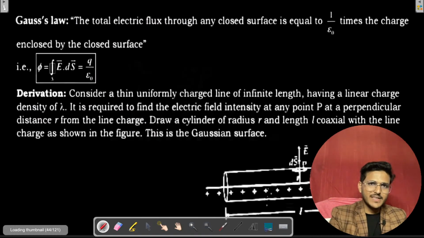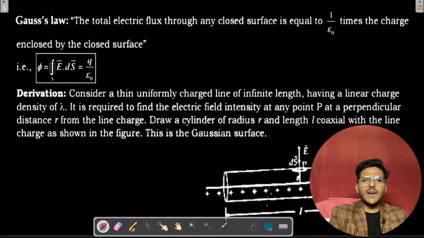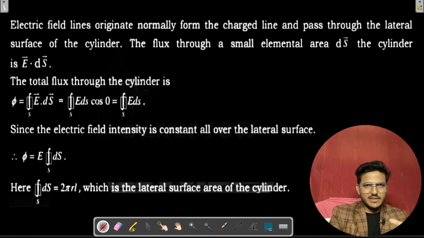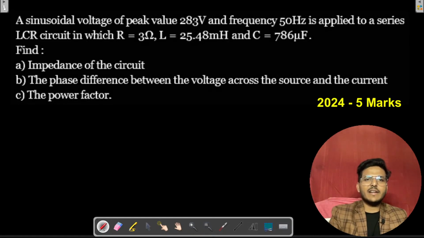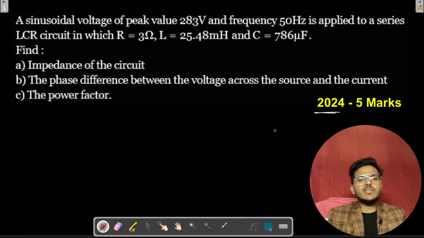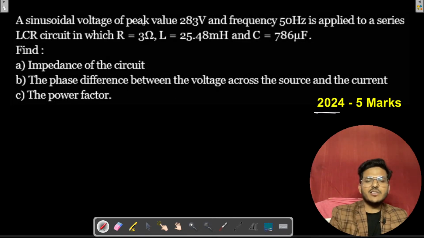Don't worry. Yeah. This is the final answer for that question, right? You already derived it. Now moving to another question. This one is from 2024, and this is a 5 marker question. A sinusoidal voltage of peak value 283 volt